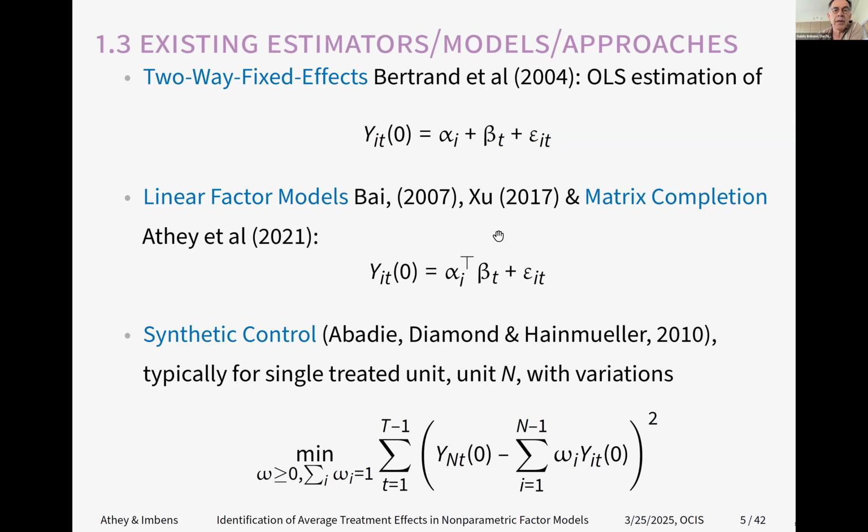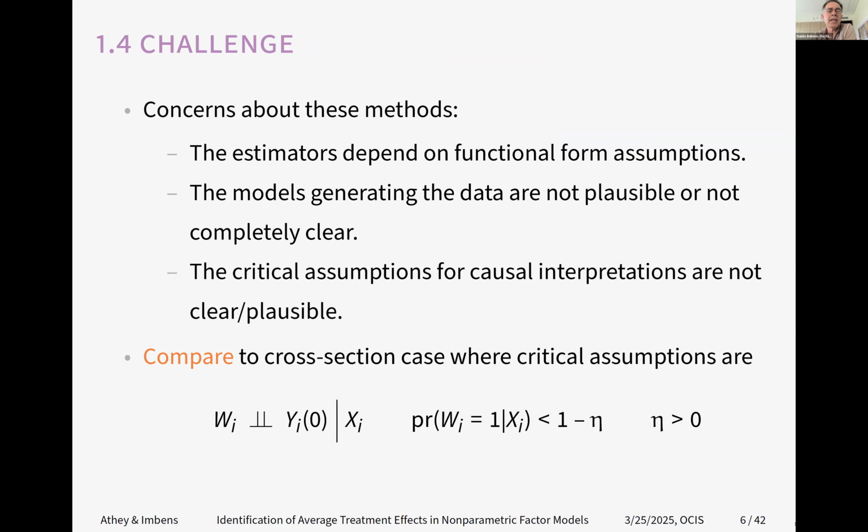And that's become a very popular way of estimating treatment effects in this setting as well. So why do we think that this is not quite satisfactory? Because certainly the first two estimators seem to rely a lot on functional form assumptions. There's this additive separability between the idiosyncratic component and the systematic component, and there's a lot of linearity in the